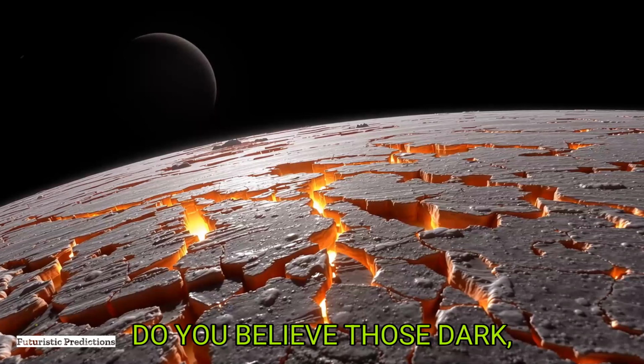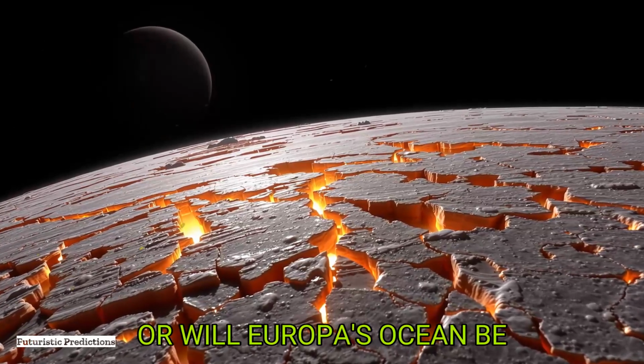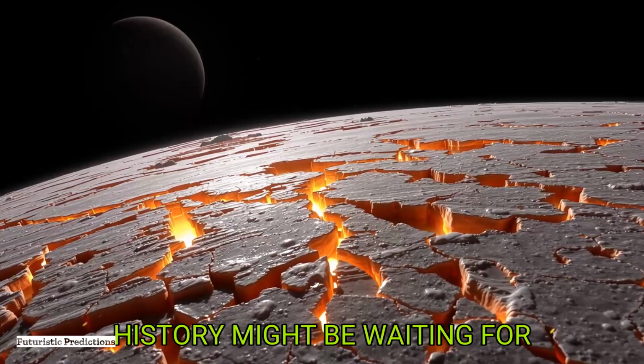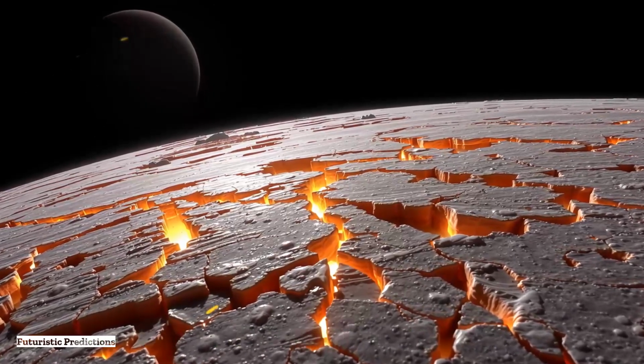Do you believe those dark, jagged cracks are the signs of a world teeming with life, or will Europa's ocean be a beautiful but sterile abyss? The greatest discovery in human history might be waiting for us, not around a distant star but right next door, orbiting a giant